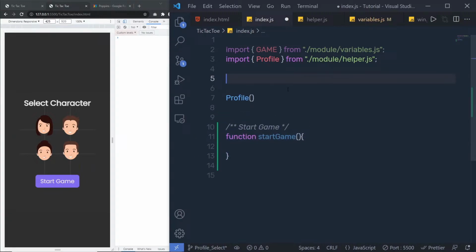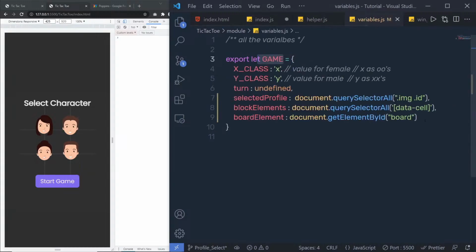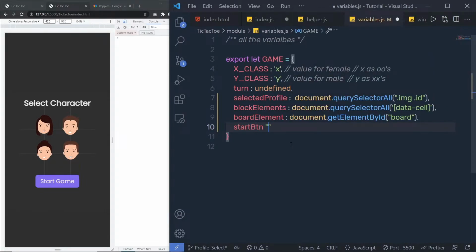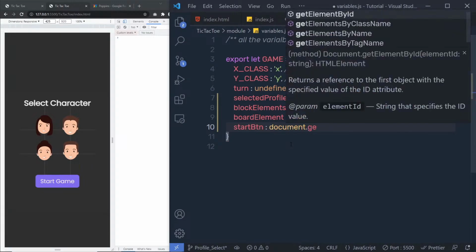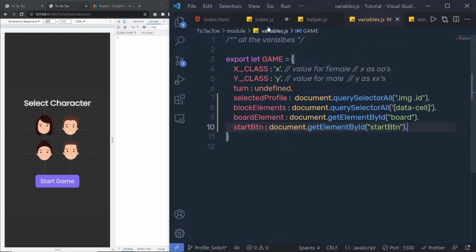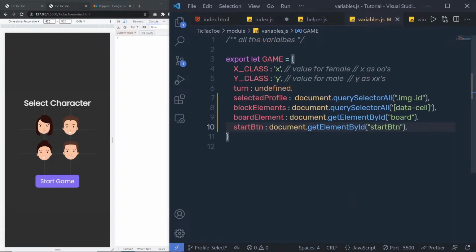So let's add some buttons. I'm going to say game buttons. I'm going to create a variable for this button inside this variable file. Let me create a variable startBtn, and then I'm going to specify document.getElementById. In the parentheses, I'm going to say startBtn. So now you can see we have the start button with the id startBtn. I'm going to access this button using this id, and then go back to the index.js,